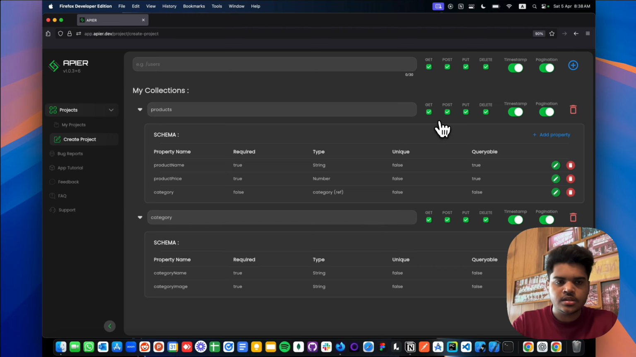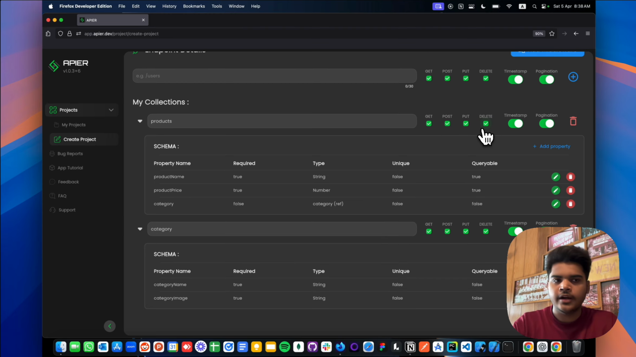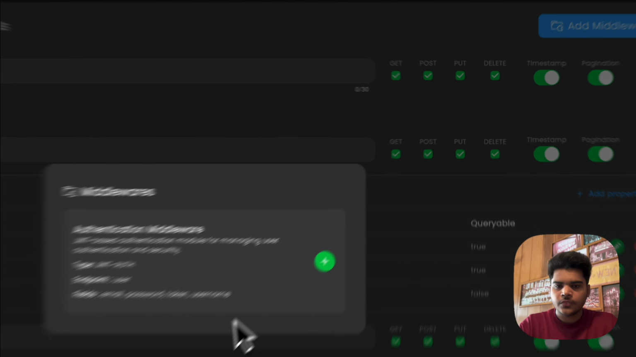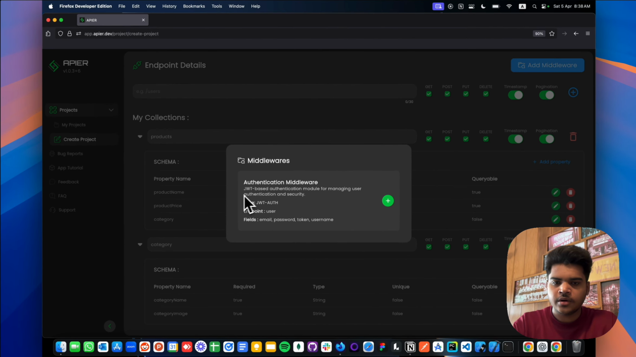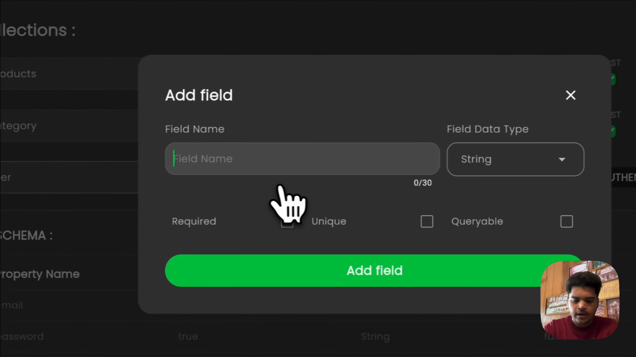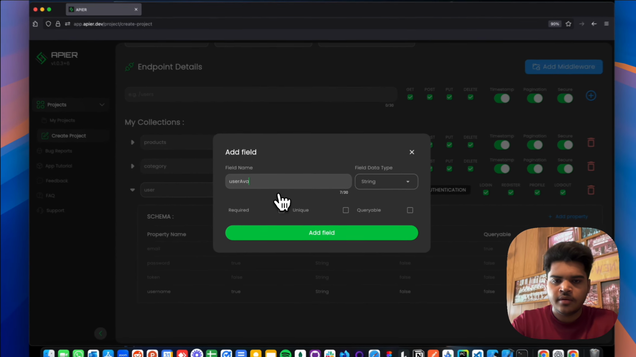All right. Now, how can we implement the login middleware here? This is not often just the get, post, put, and delete methods. You can click on Add Middlewares. We can see here are some middleware. Authentication middleware, a JWT-based authentication module for managing user authentication. Here you can see the fields: email, password, token, and username. I just add the middleware, and you can add more properties like user avatar,